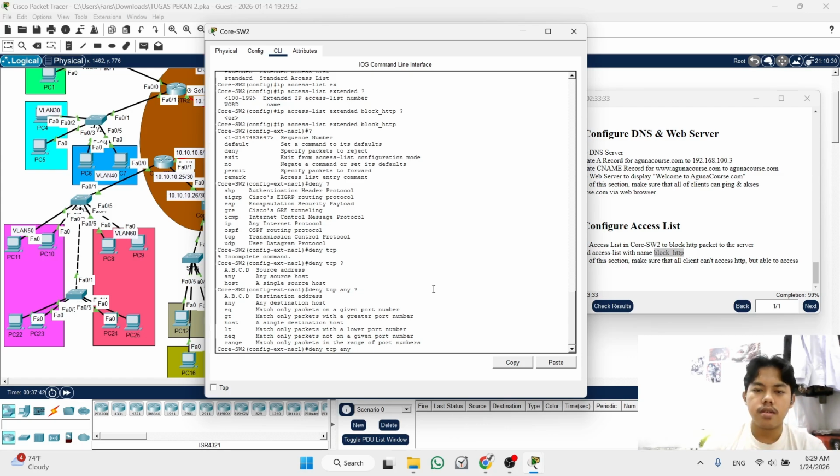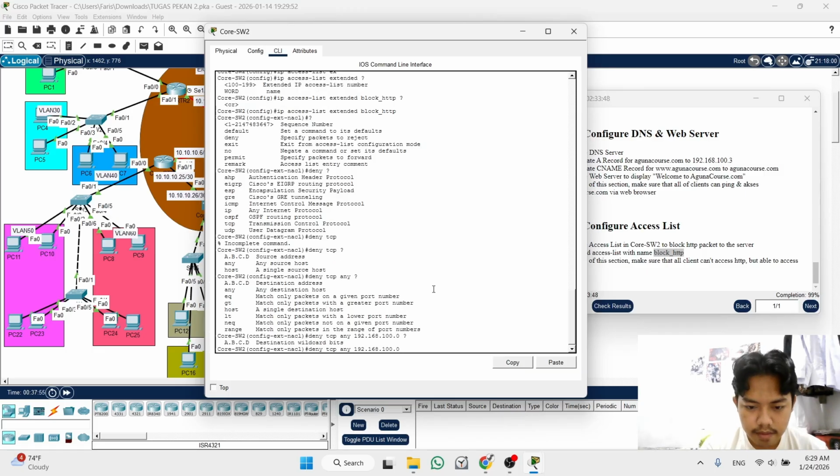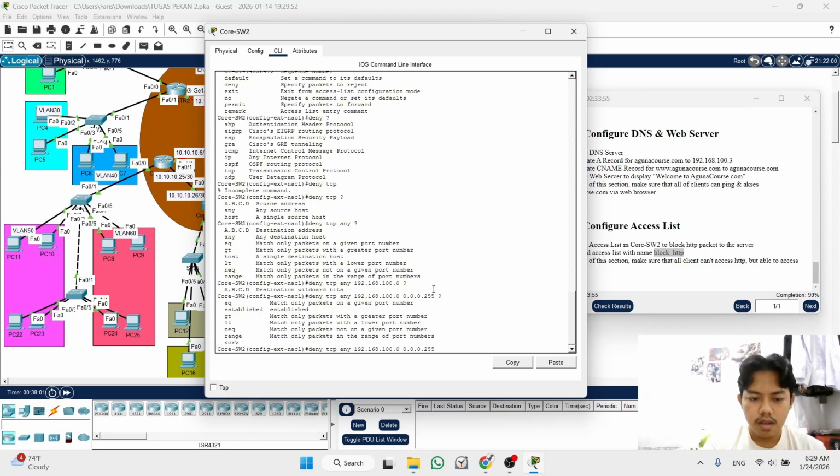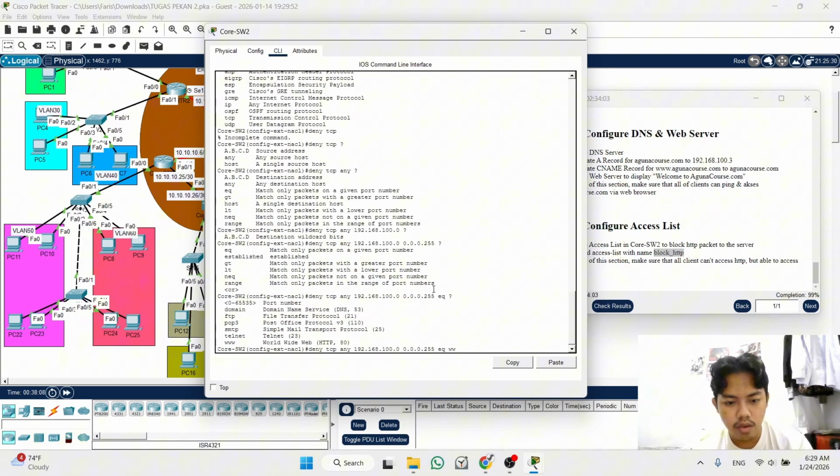We can write the IP network of it, and then for the port, you write eq www, because this is HTTP.